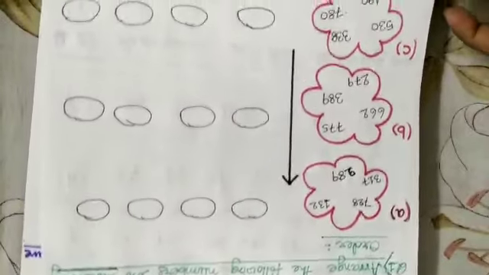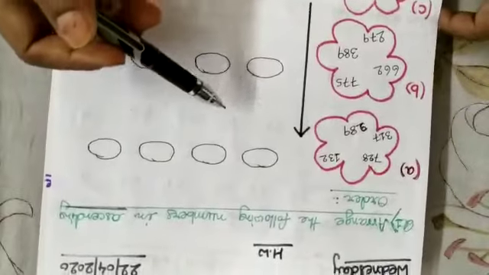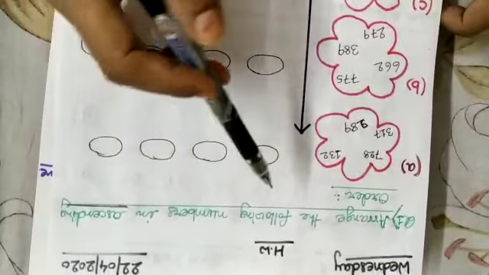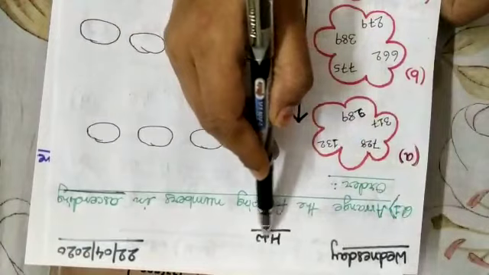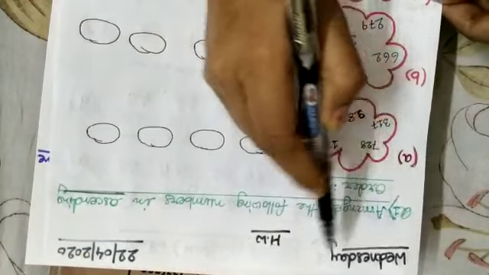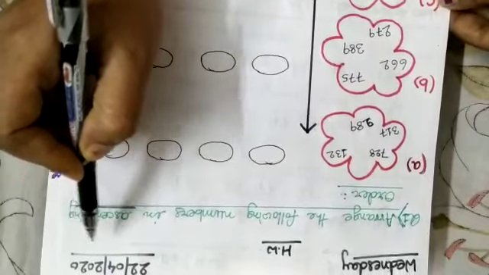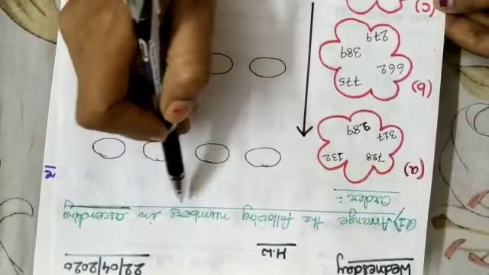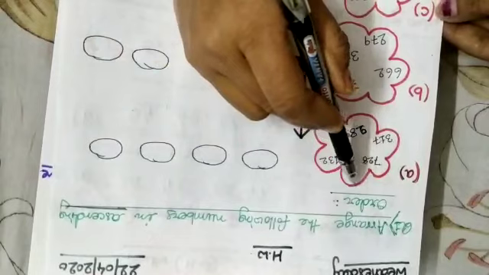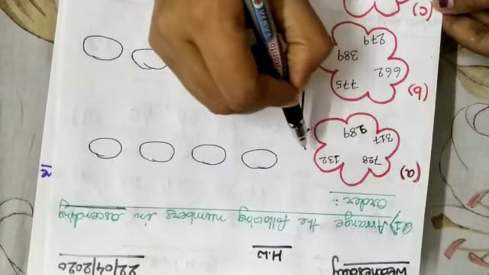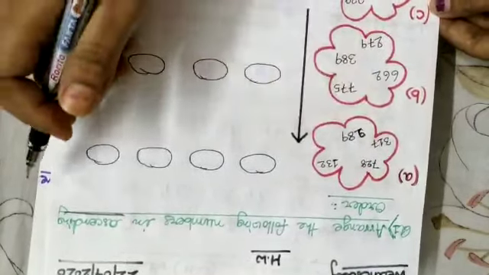Fine, isn't it looking nice? The flowers are here. What I have done? Flowers. What you have to do? Put HW in your notebook. Wednesday, 22nd April 2020. Arrange the following numbers in ascending order. Ascending, you know, increasing, smallest number to the largest number.